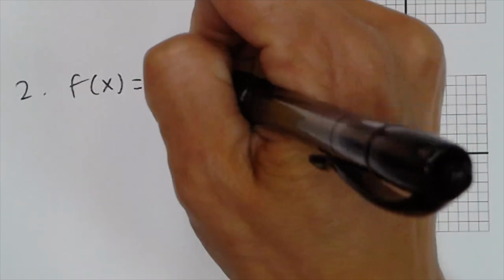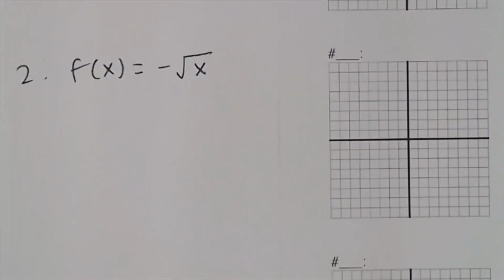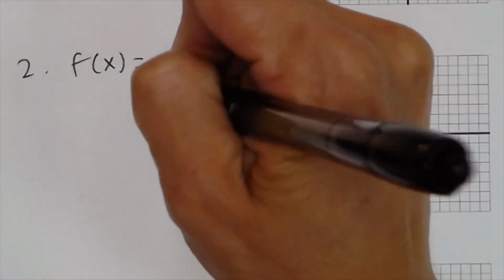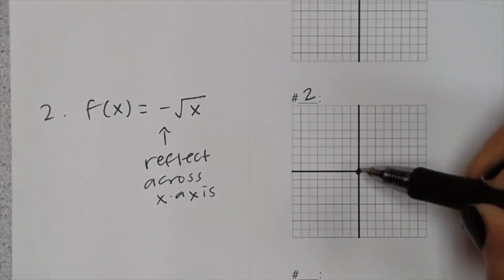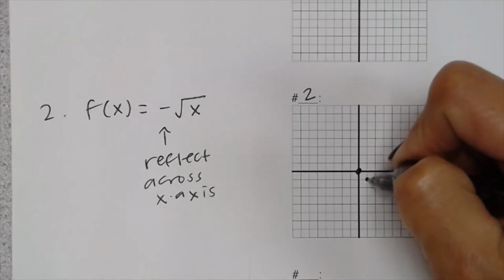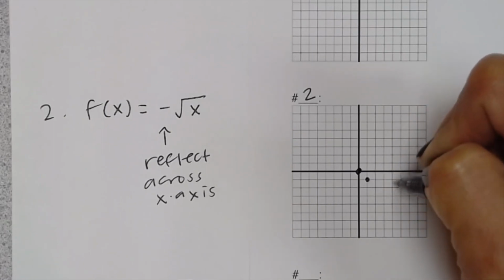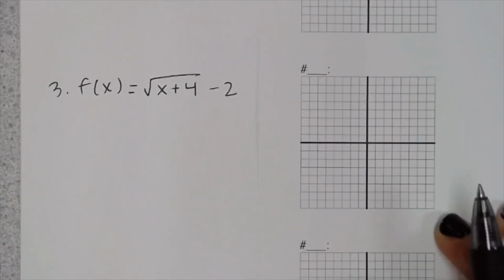We have f of x equals negative square root of x. And the negative in front indicates that the graph is going to reflect across the x-axis. The first point on the graph is still at (0, 0). And then instead of going right 1, up 1, right 4, up 2, we're going to go right 1, down 1, right 4, down 2. The next problem is